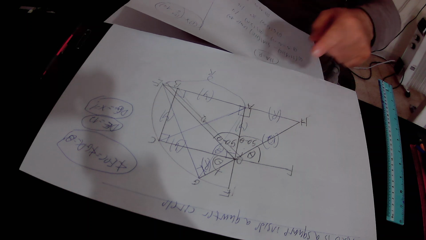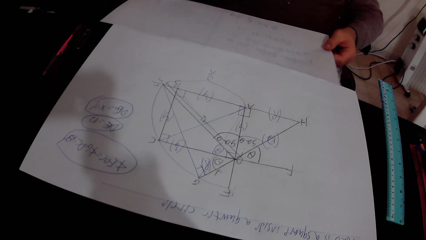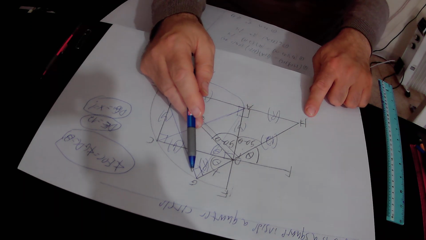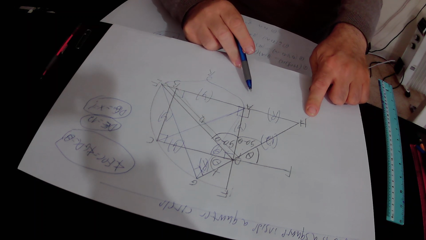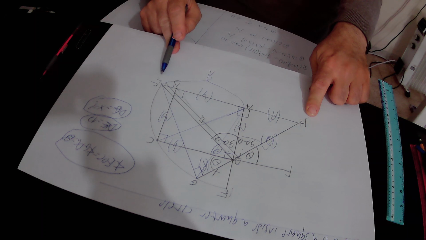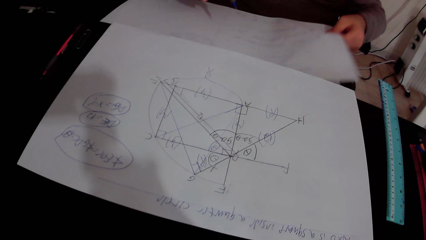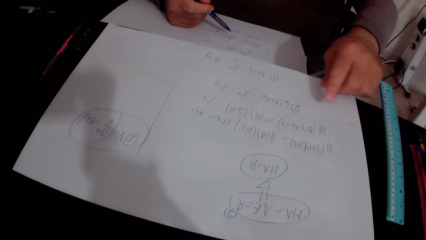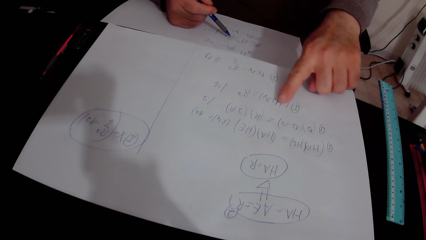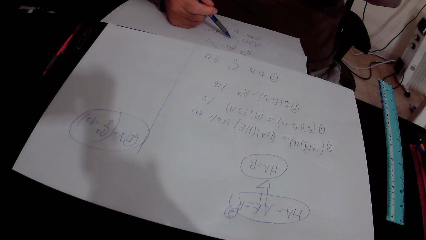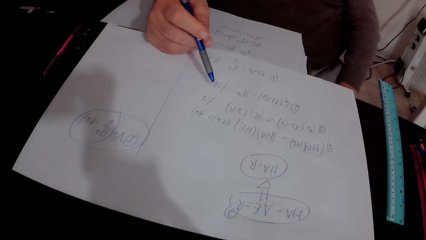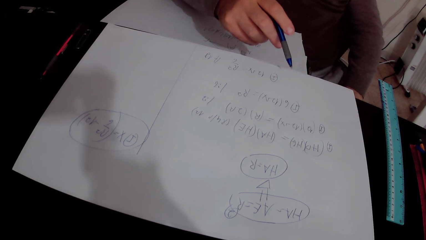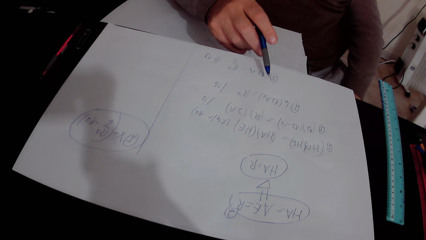HD equals 12. HG is 12 plus X, and it is equal to HA, that is R, times HE, that is R plus R, that is 2R. So we find that 12 times (12 plus X) equals R times 2R. Here we divided this equation 1 by 2, and found that 12 over 2 is 6. So in this equation we have 6 times (12 plus X) equals